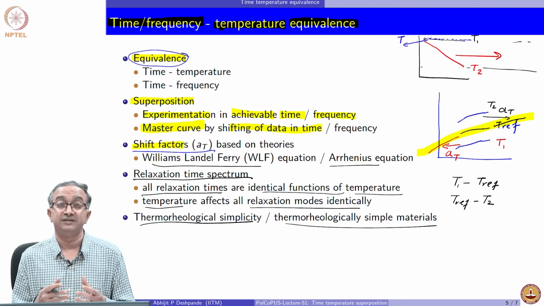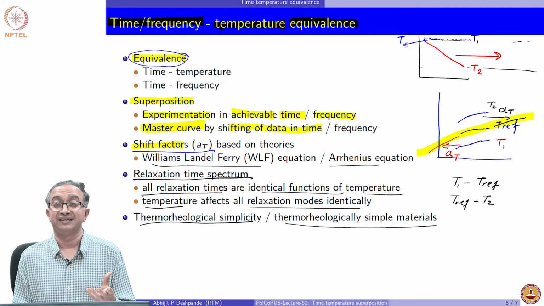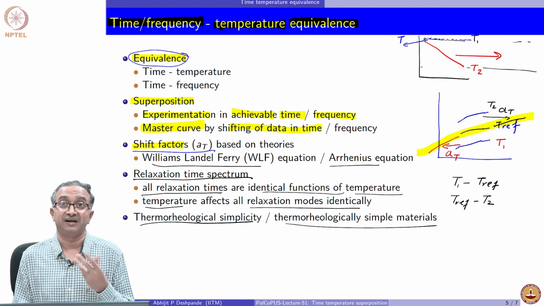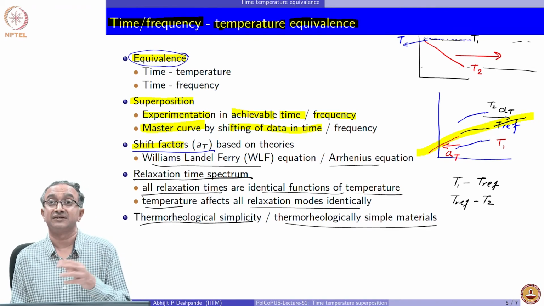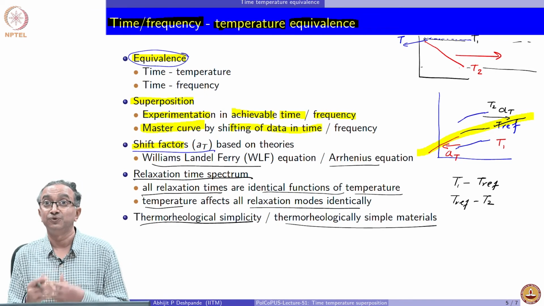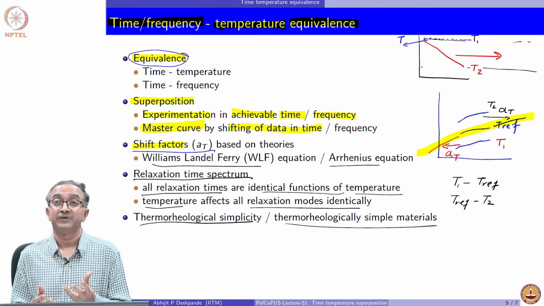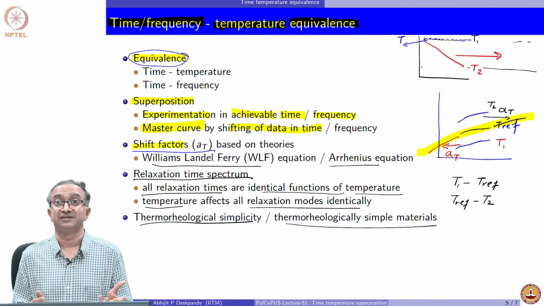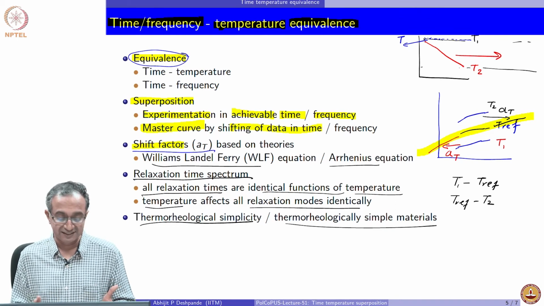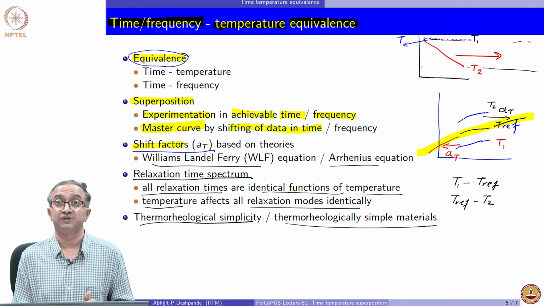There are a few materials where, let us say, there may be structural changes, and then the material crystallizes. Clearly there will then be a relaxation mode associated with the crystal-amorphous interface which was not there earlier. So clearly, due to changing temperature, the material has undergone structural relaxation, structural differences, which leads to changes in relaxation modes, and in that case they are clearly thermorheologically complex materials